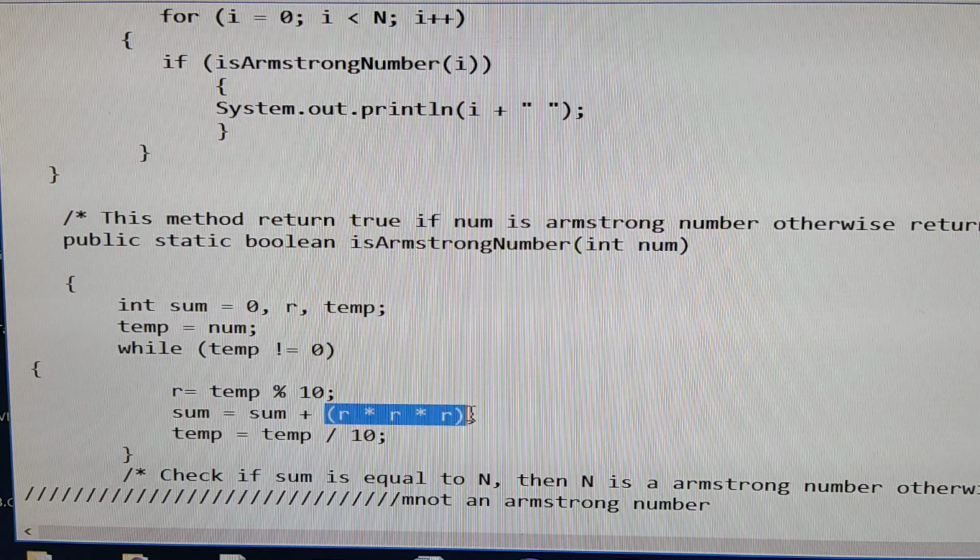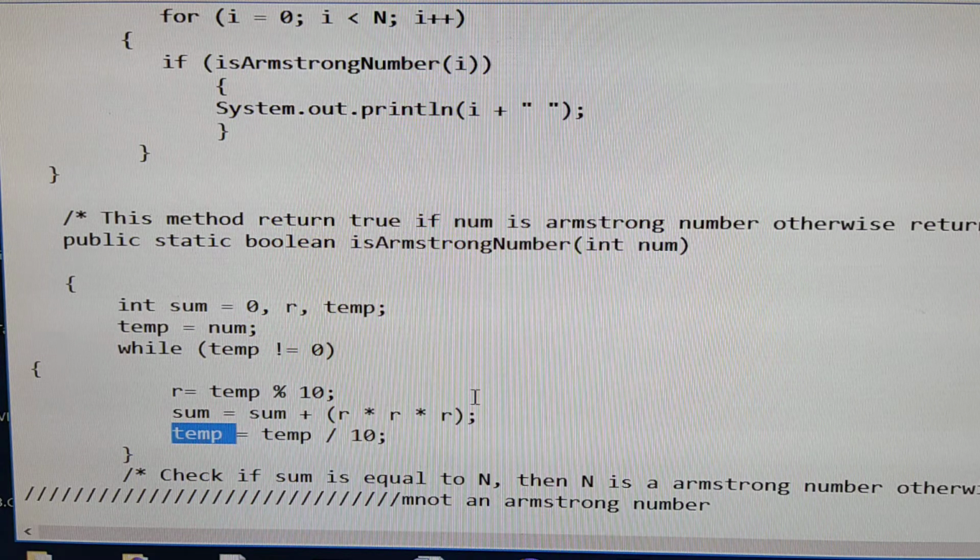Next, temp divided by 10 means division, so here temp equals 15, because in division we take only the quotient. If it is percent, then we calculate the remainder. So now temp, the number, equals 15.